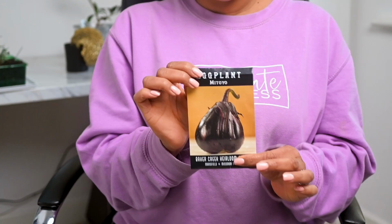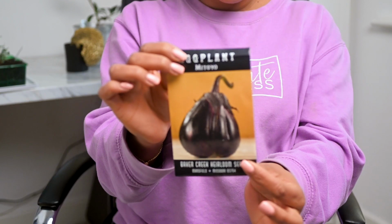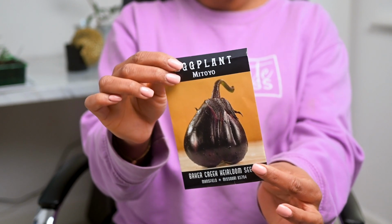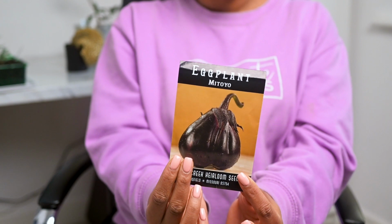And then there's the Mitoyo. This is actually from Japan. Large oval fruit, tear-shaped and nearly black. Flesh is very tender and sweet. So the description of it being tender, fleshed and sweet really got my attention. And then I'm going to have the prolific nature of the Moneymaker, and I feel like I'm going to have